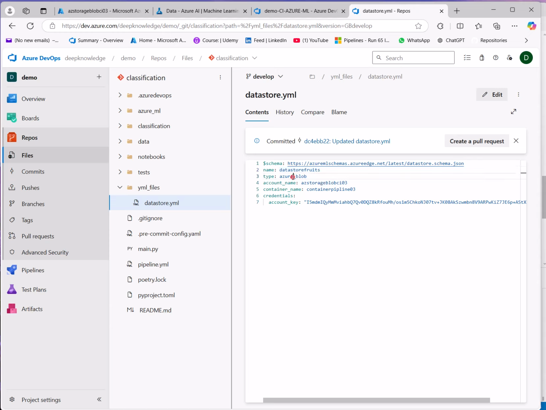I would like to be quite sure that this data store was successfully created. Okay, and you can see here the type is Azure Blob account, this storage account, this name, and this container name. All of this information was already discussed in the previous videos.